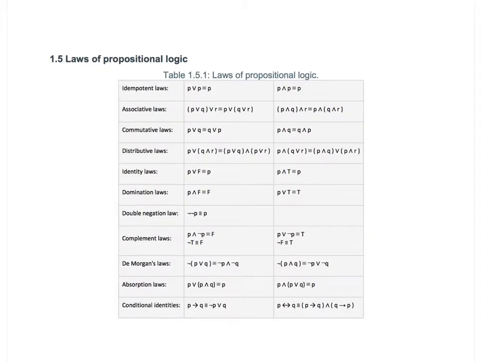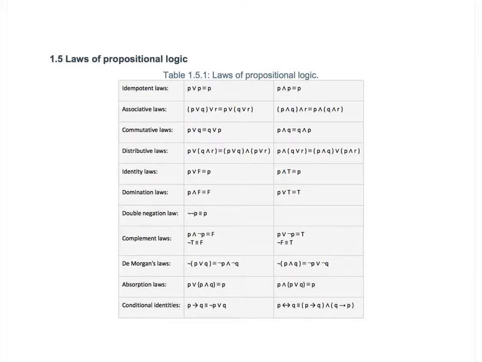Here you can see more laws of propositional logic, which shows a number of logical equivalences that exist between different compound propositions. Each law has a different name. Obviously, you don't need to remember the names, but it's very helpful if you can remember the equivalences themselves. For example,